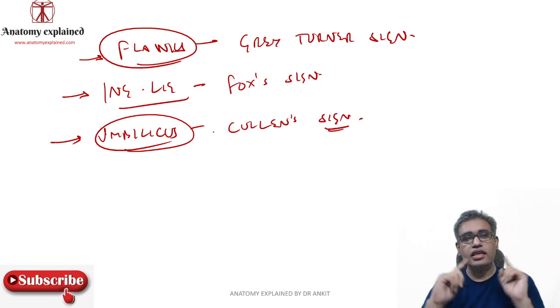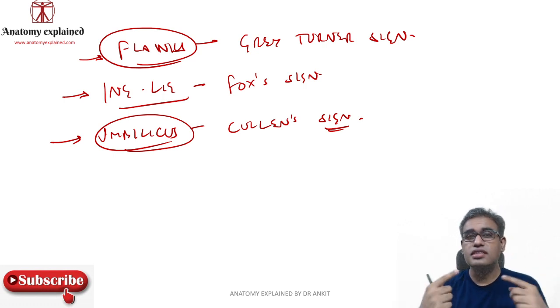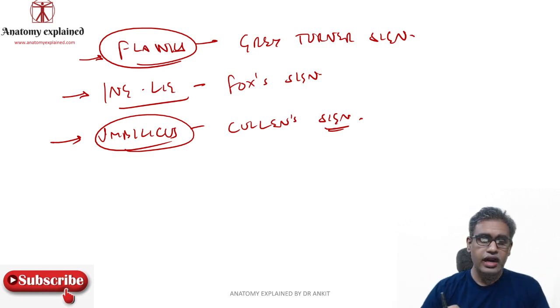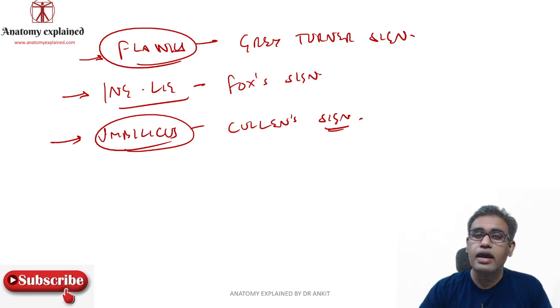All these are the signs which you may elicit in the patient. So just understanding the anatomical relationship of the pancreas, what are the important structures? You can go with the pain. Why is there paralytic ileus? Why is there thrombosis? Why is there vomiting? Why is the bruising happening in different areas? Why is the pain going back? Everything could be understood by understanding the relations of the pancreas. Okay, so that was a little bit of pancreatitis also.